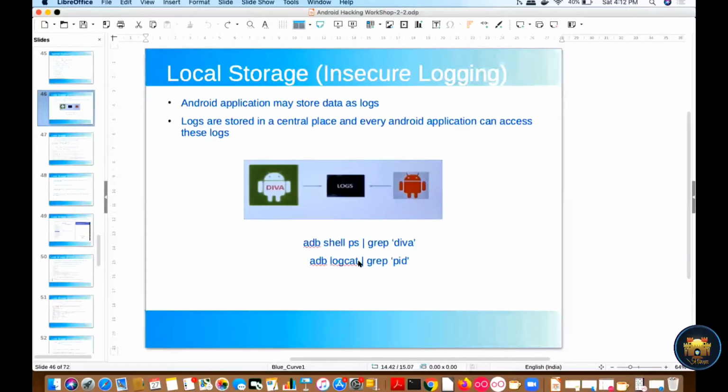We will check the sensitive logs by using the logcat command. Before that, we will first check the process ID for that particular application which is installed in your device. As you all know, Android runs on top of Linux, and we will be executing commands used in Linux, like adb shell, which we have already discussed in the adb commands. We'll be using some Linux commands like grep and others to get all the details.